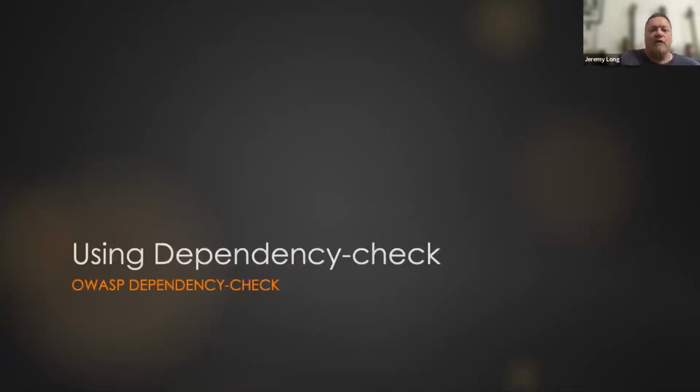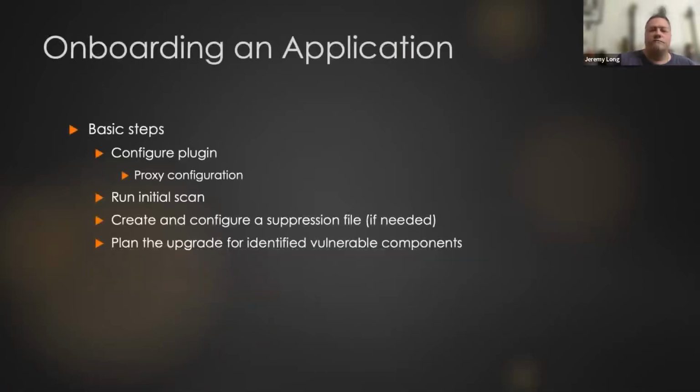So if you actually go in and start using dependency check, how would you go about doing this? As I said, it's a fairly simple task. You'd go in, hopefully you're using one of the build plugins as opposed to the Docker or the CLI, and configure the build plugin. If you are in an environment where you have to use a proxy, you will have to configure dependency check to use the proxy, because we do pull down information from the internet, such as we cache a local copy